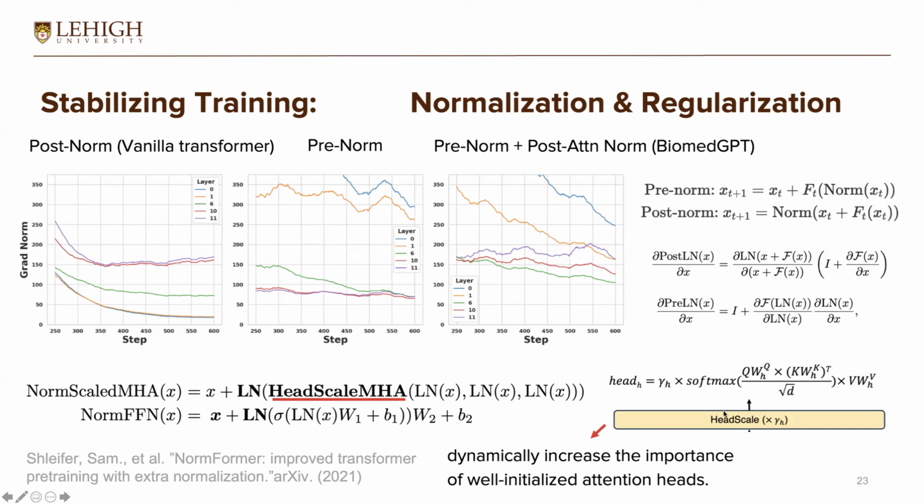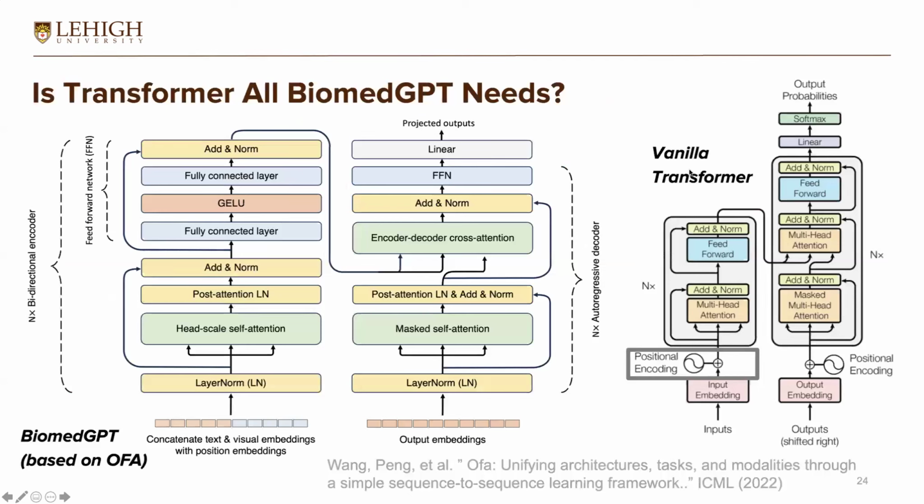Second, we changed the head scale a little, which is part of the training strategy. Especially, we tuned the factor gamma to make the training increase the importance of the well-initialized attention heads. Through this we bring in an additional hyperparameter which helps us see which attention heads are more important, and it can improve the performance of the model a little. Is that all about changing the model?